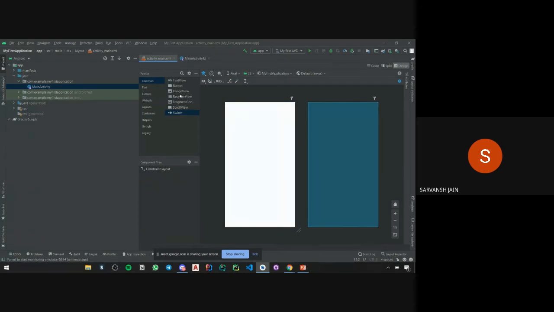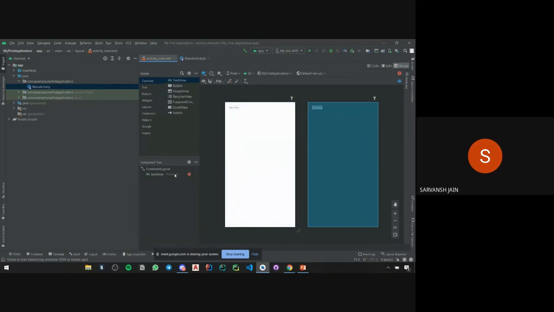So I'll add a text. You can just drag text view from the palette and drop it here. Don't worry about the alignment so much, because you will constrain it in a second.